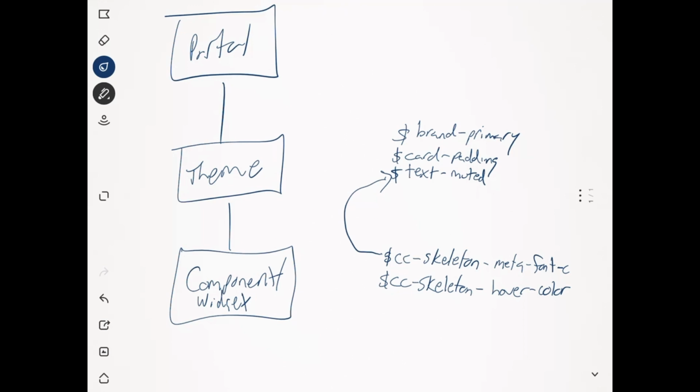So it starts out this blue color. Then she goes in and she changes a couple SCSS variables, and the result is this color here. Close that. So with just a few SCSS variables, it goes from this to that. By setting up your themes with these different levels of SCSS variables,